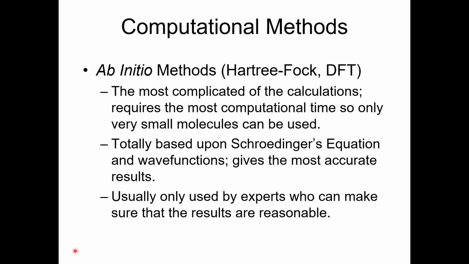Although I will show you the program that I'm using does have some decent parameters for some of the metals. So if you say, okay, I don't want any parameters, I want the total Schrödinger equation, then you go to what is called ab initio. Ab initio methods are things like Hartree-Fock. DFT stands for density functional theory, which was just beginning to be developed when I was in graduate school